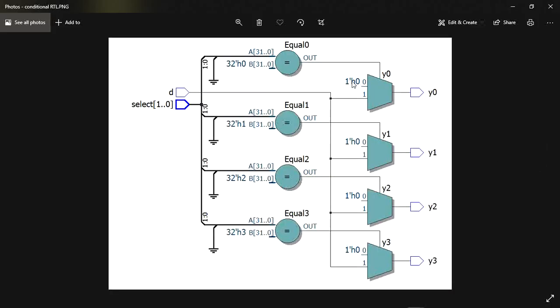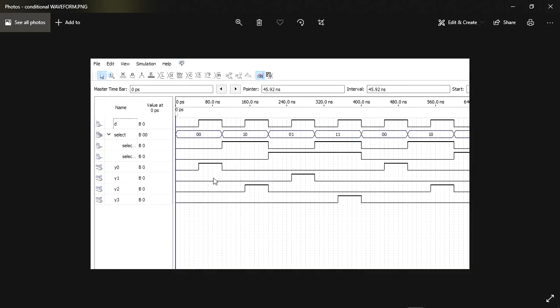Now you can see here, if I am applying equal 0, 1, 2, 3, our conditions on the outputs will be performed with the help of only 1 input. Now we are moving towards our final output waveform. In this output waveform, if I apply 0 on our first input and both selection lines are 0, then all 4 outputs are 0.